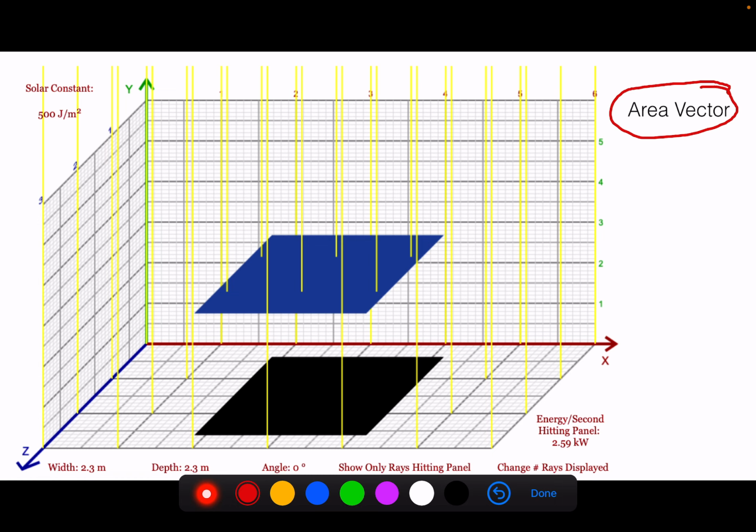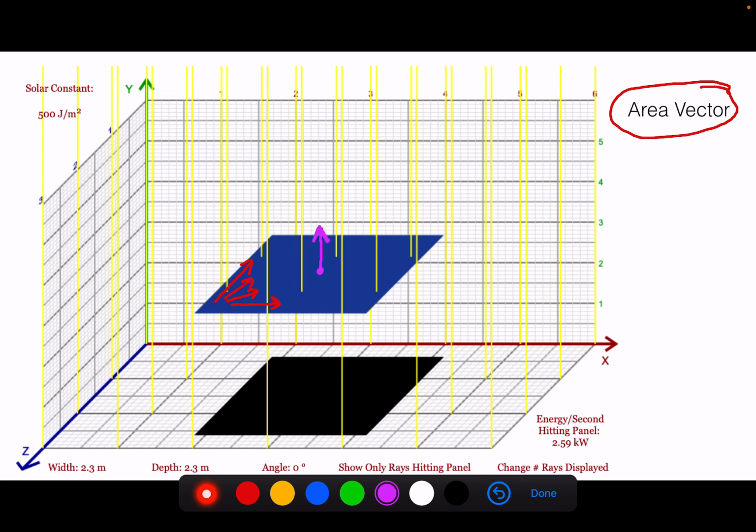Now, you'd be tempted to put the area vector, some direction, on the solar panel itself. So maybe you'd have it pointed to the right. Maybe you'd have it pointed in this direction, maybe this direction, maybe this one. And we ask, which of those is correct? And the answer is none of them. They are all equally invalid. They don't help us. To make this unambiguous, the rule for area vectors is always point the area vector